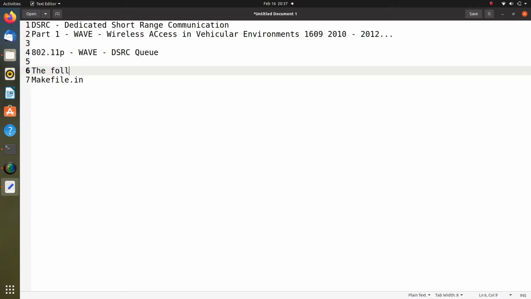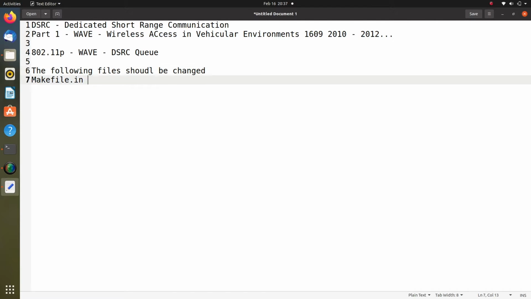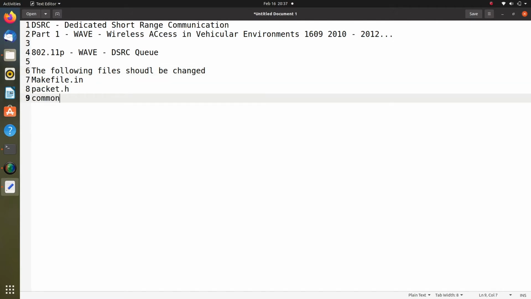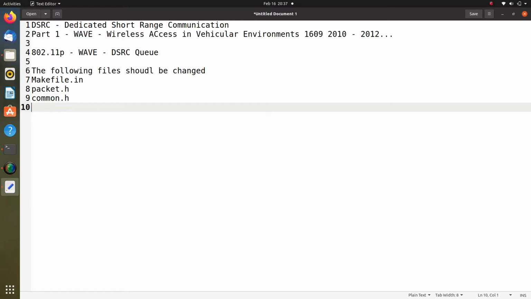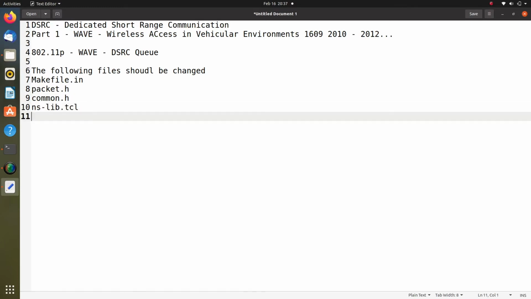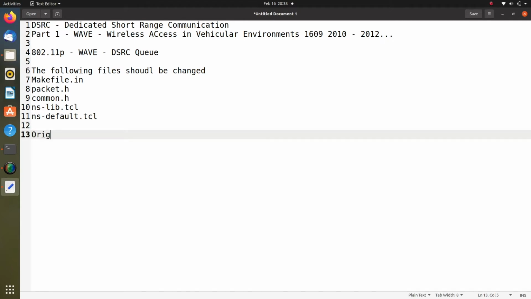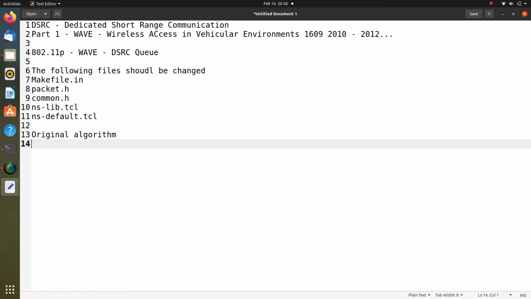The following files should be changed: Makefile.in, then packet.h, then common.h, then ns-lib.tcl, then ns-default.tcl. These files have to be changed apart from the original algorithm. This is how the entire coding will be implemented.